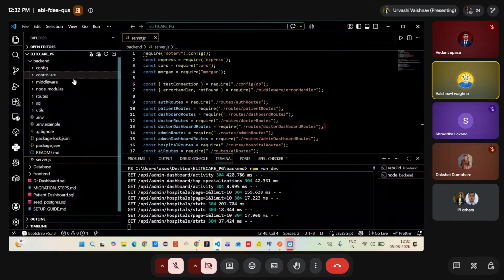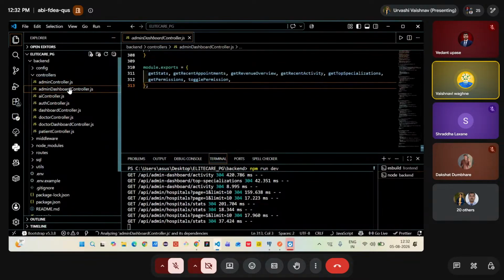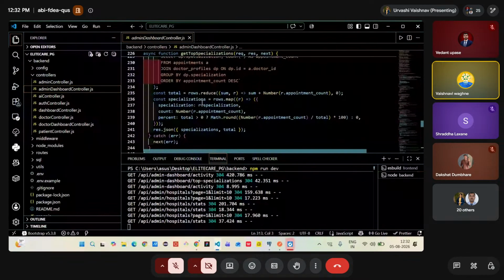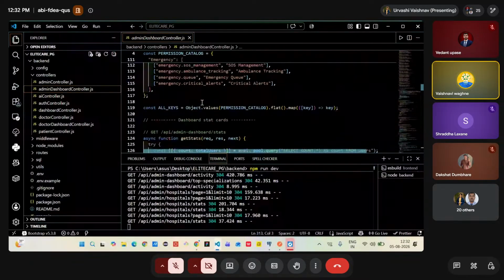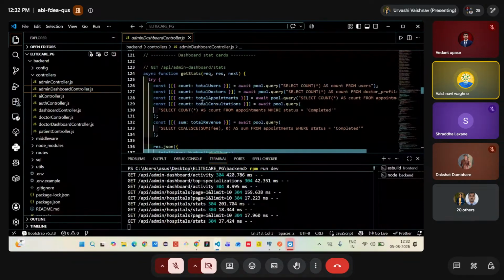Now, I will take you through the backend files. The controller folder is one of the most important parts of the Node.js and Express application. It contains the business logic of the project. Whenever an API request is received, the controller processes that request, interacts with the database if required, and then sends the response back to the frontend. adminDashboardController.js is responsible for fetching dashboard data including KPI cards, recent appointments, revenue overview, platform activity and